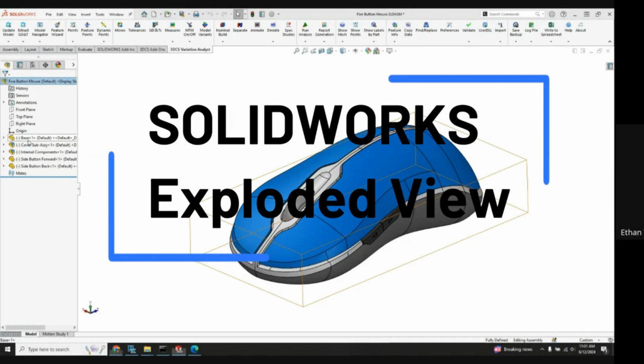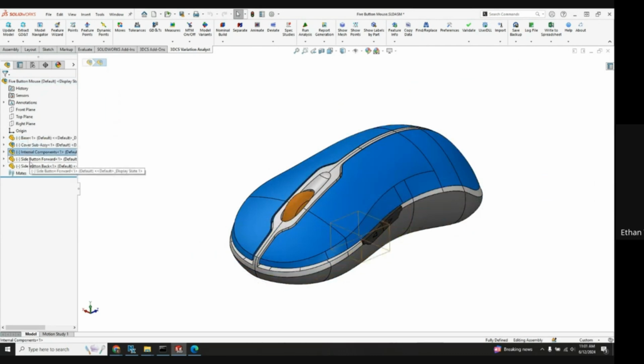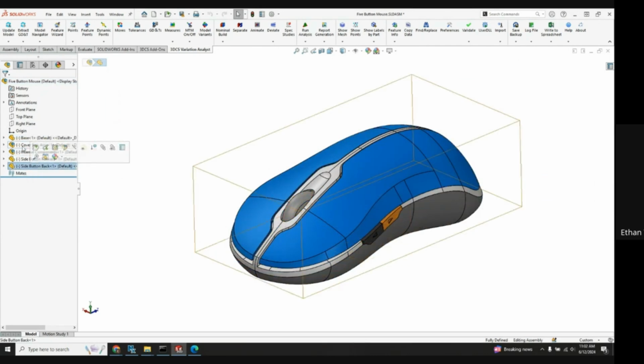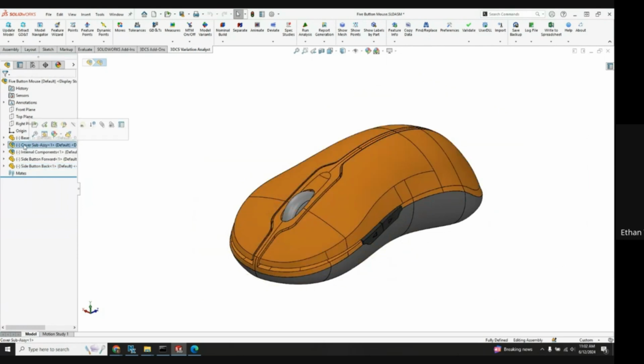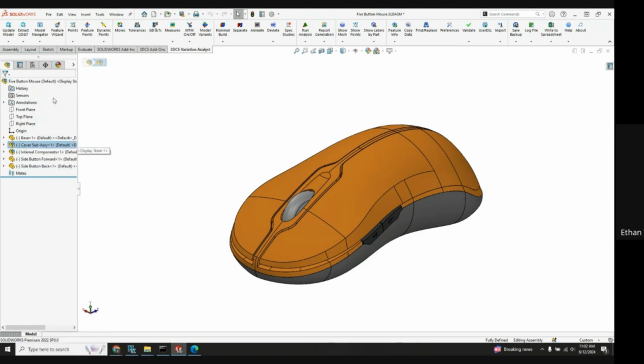The 5-button mouse here with the parts, 2 different subassemblies, 2 parts here. So we're going to go through and create an exploded view for probably just this cover subassembly here. So when we have subassemblies in Solidworks, to create those exploded views, we need to open up that subassembly first